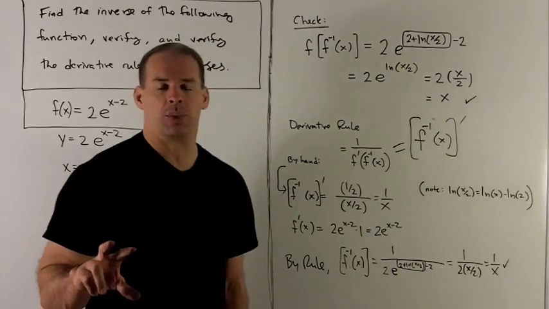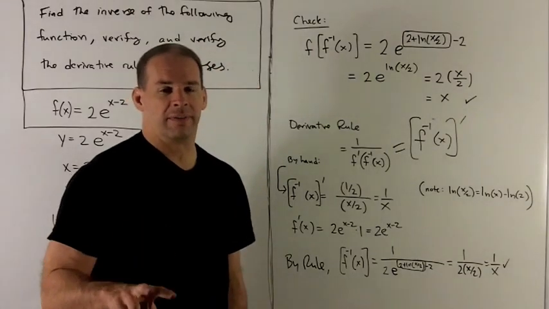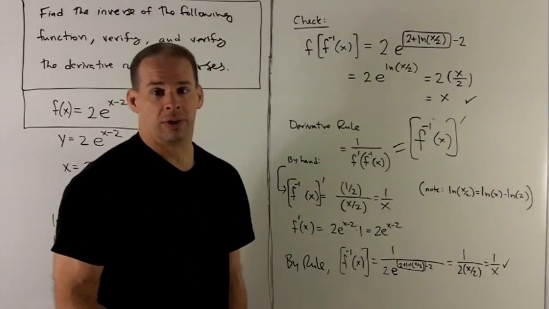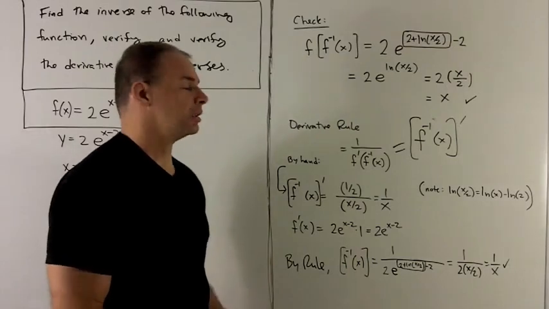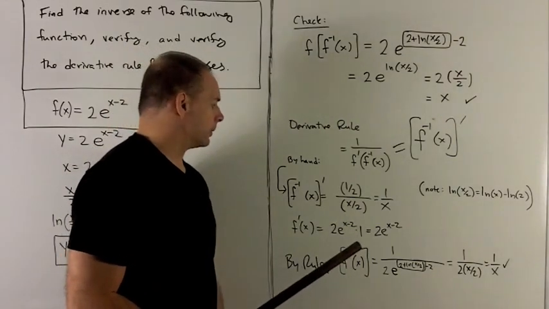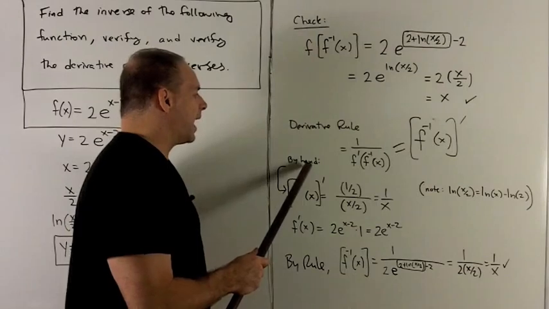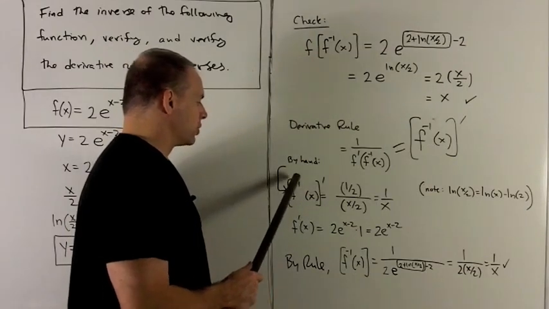So the idea is essentially, if I take the derivative of the inverse, we just flip over the derivative of the original function. Let's take a look. All right, now by hand,